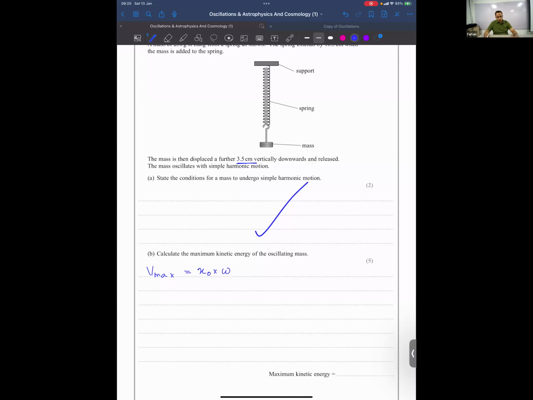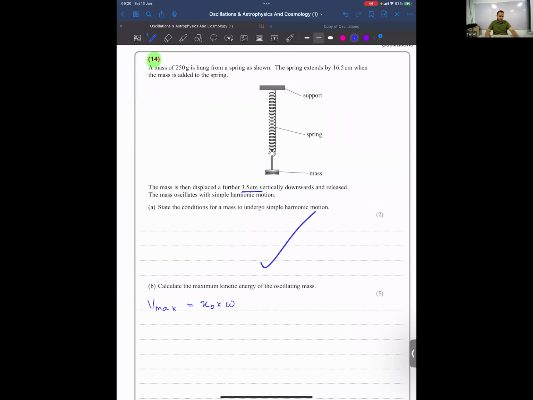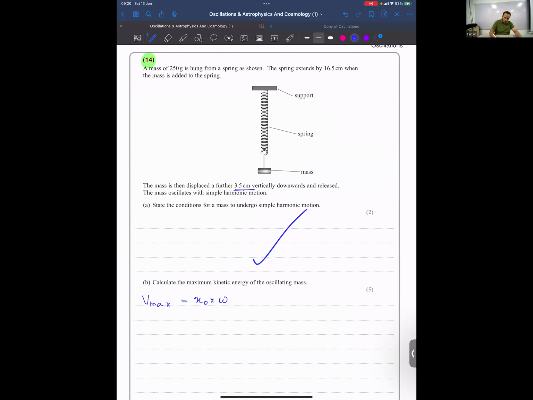Right? So to find the omega, I need the T. To find the T, I'm going to use T equals 2 pi square root of m over k. Agreed? So to find the T, I need the k. Okay? So I'll find the k by using F equals kx. If I use F equals kx, they have initially told us